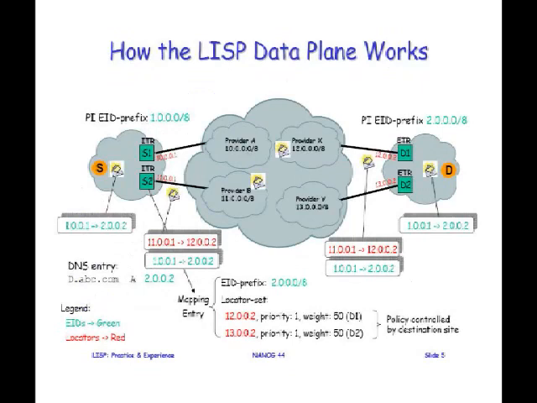Basically what happens is the packet gets sent from S, gets to S1 and S2, whichever one its IGP routing takes it to. Say it's S2 in this case. What S2 does is it encapsulates it in the routing locator that it chooses for this particular one, and it does that by hashing into the mapping entry. So it puts a header on it that says, okay, the destination is 12002, which is the EID, which is interesting. We're going to send it that way. And the source is actually the routing locator of the ITR.